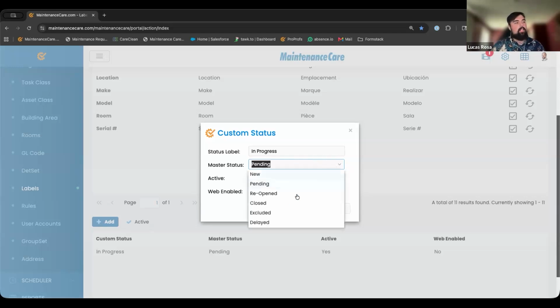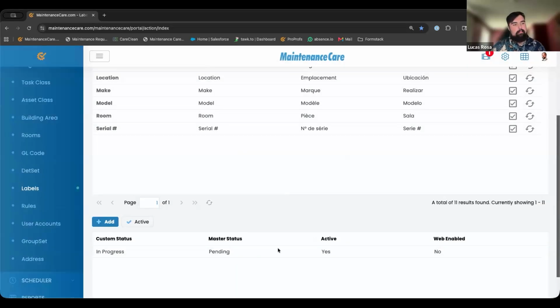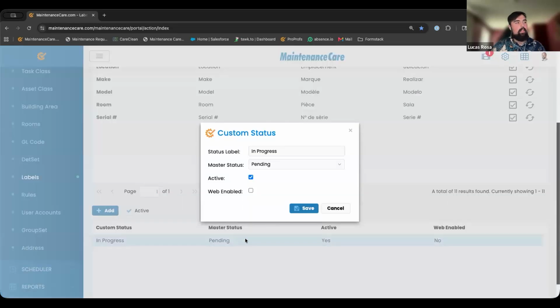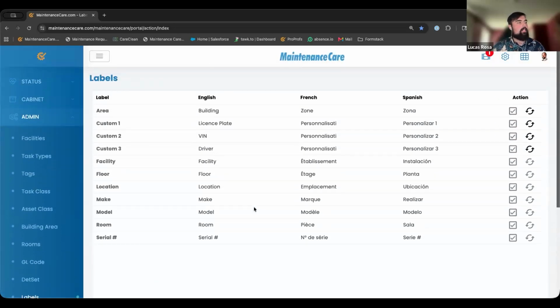Maybe if I wanted it to function like delayed, I can set that up as well too. So it will do all the exact same stuff that the delayed status would do. Pending, I think, works best. And to make sure that is active, I will click on active to make sure it will pop up in my list. I am going to go ahead and try to save it here, and it's going to tell me that I cannot because I already have it right here in the system. So I'll show you how it looks. We have it as status label, everything I put in there. Great. Let's go ahead. I'll also select web enabled too, make sure we got all our boxes checked, and let's